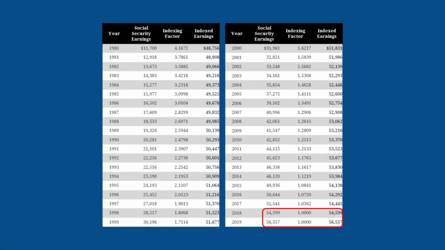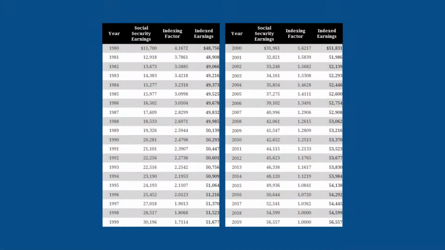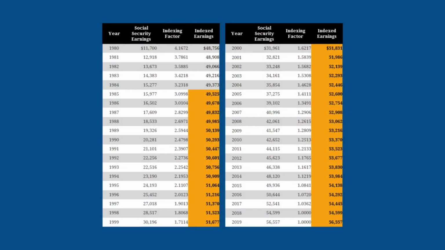For purposes of calculating your primary insurance amount, Social Security earnings in those years are taken at their face value, again up to that year's respective contribution and benefit base. Now that you have your full history of indexed earnings, the third step in calculating your primary insurance amount is to add together your 35 highest years of indexed earnings. Let's assume in our example that your most recent 35 years were your highest, and the total of those is